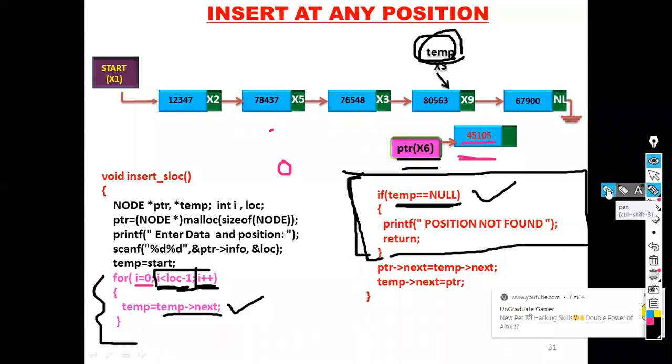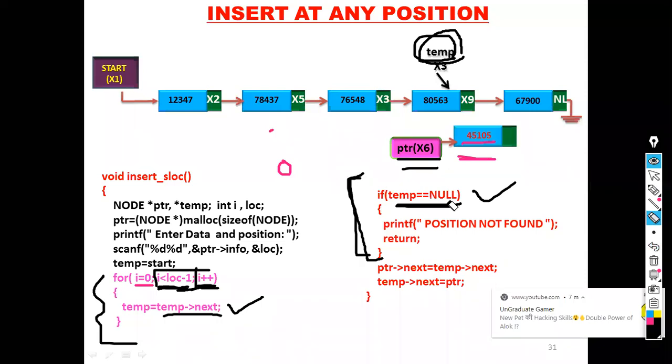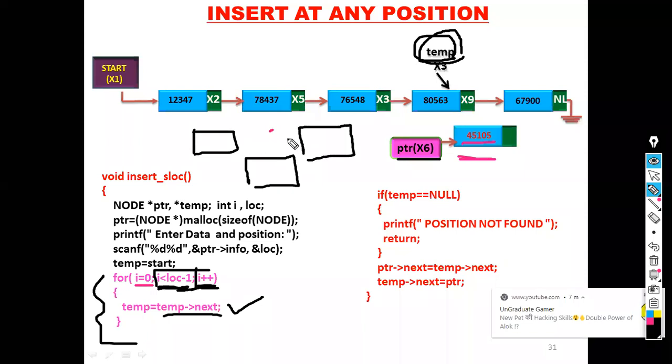So now tell me what are the assignments you have to do. So for that, take one example. Suppose this is the node which is temp. This is my ptr which is the new node. Let ptr equal to 20.